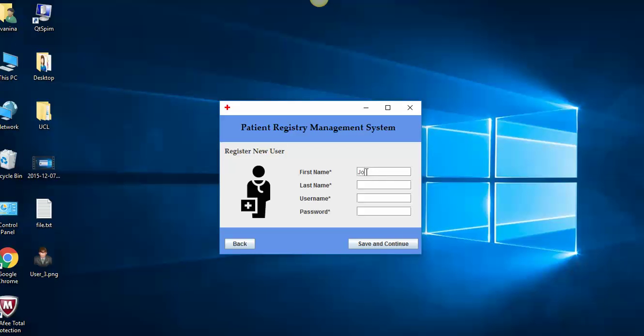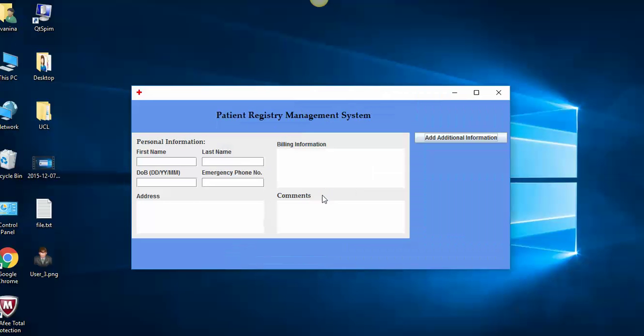So let's say we register as Johnny Smithy, username GS, password 129, and we can now proceed to adding a new patient called Eva Smith, date of birth 15th of the 4th of 1993, emergency phone number 447414890666, with an address of Union Road, London, W89OP, and with the billing information of MasterCard